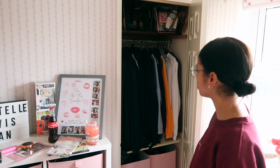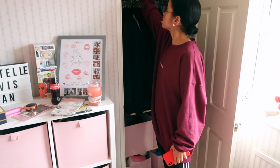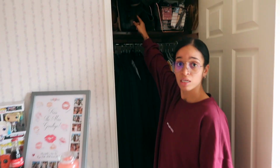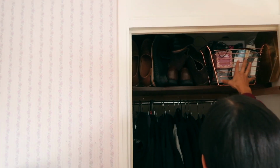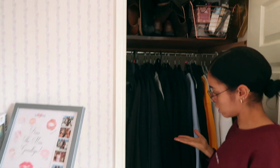I actually think your stuff takes up more room in that cupboard than mine. Yeah, it does. Look how many shoes it's got, guys. Look at that. Is that a joke? I've got this tiny little space here and he's got all these shoes. And you've got more hoodies in here than me. So yeah,